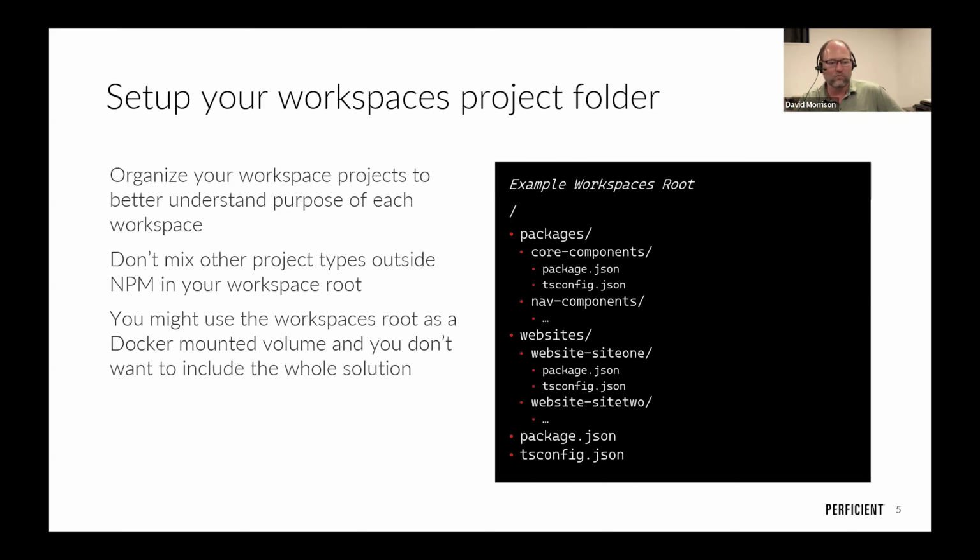It's a lot easier if you start from the beginning, organizing your projects to understand which one does what. In the example on the right side, I've separated my solution into packages, my core components, anything like a library in the historical sense, and then a site for websites. There's no reason you can't have all your websites and core components intermingled if you're organized like that. I just thought, if you're setting something up from the very beginning, you might as well organize what you count as a library and what you count as a website.